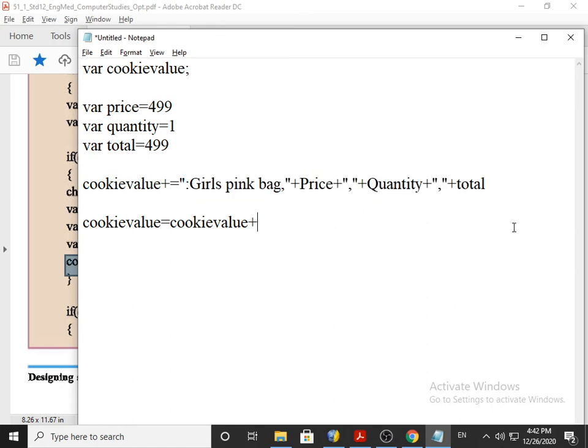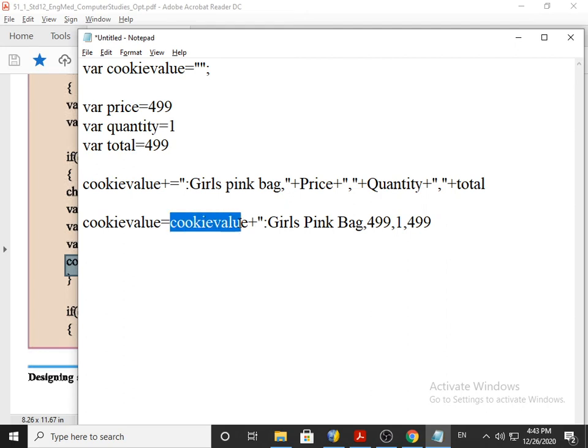So how will it join? It will join with colon girls, 1 minute, colon girls, pink bag, comma, price means 499, so comma 499, that is joined with this comma, joined with quantity 1, again joined with comma, and total means 499.